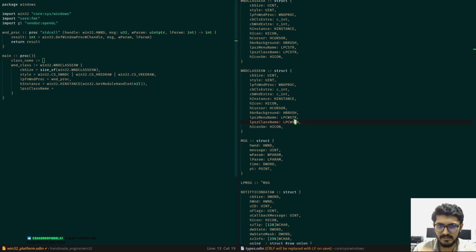Basically what this takes is an LPCWSTR, right? It's a very weird naming convention used by Windows. LP stands for long pointer, so it's a pointer to a wide character string. Wide character means UTF encoded, it's not ASCII characters. So in Odin, as I told you, strings are not null terminated, so we need to convert those to null terminated strings. There is a helper function in Windows that is called